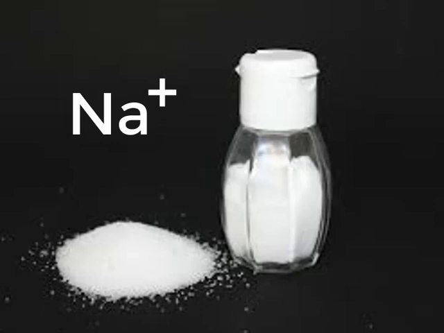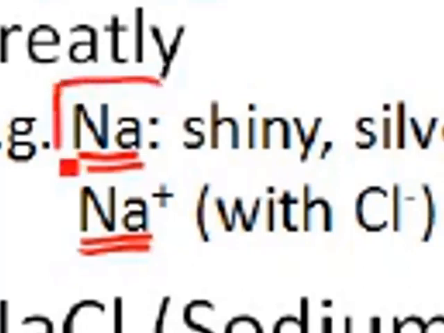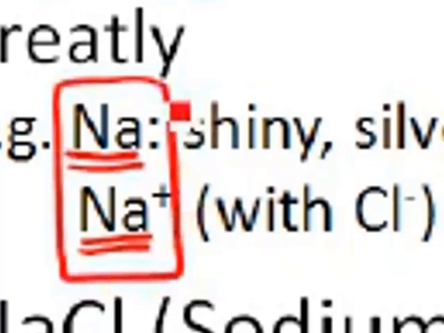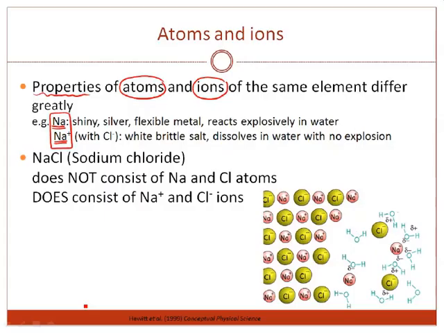It's not flexible. It's not silver. We can see sodium, the atom, and sodium, the ion, are completely different in properties, and so it's very important to distinguish between them. So if we have sodium chloride, table salt, NaCl, although we write the formula as NaCl